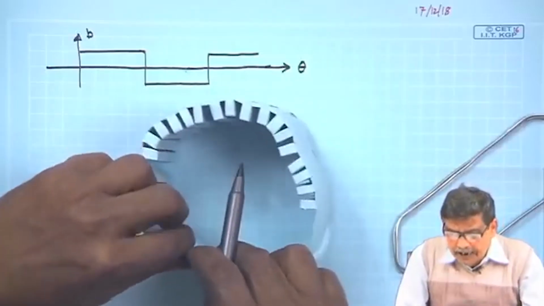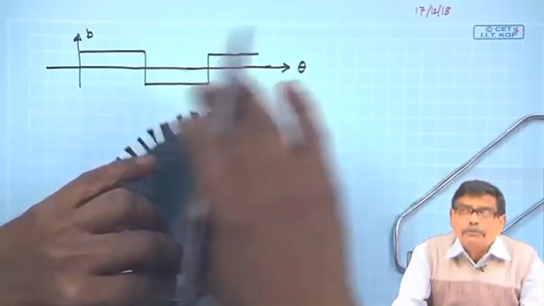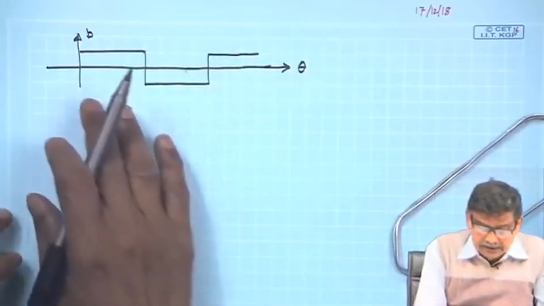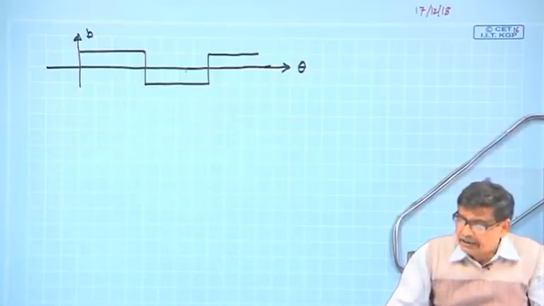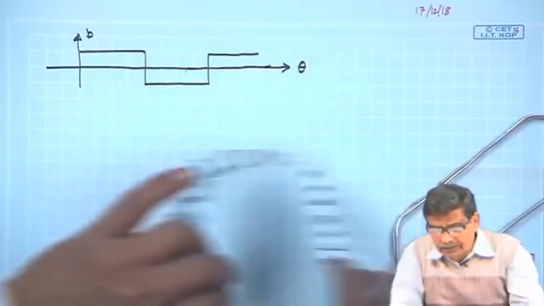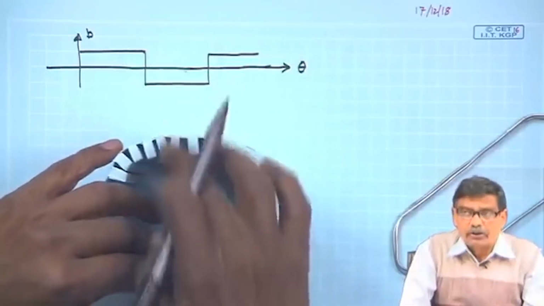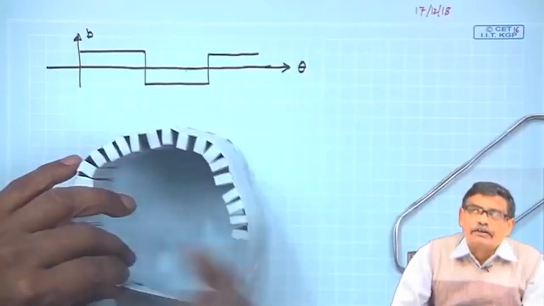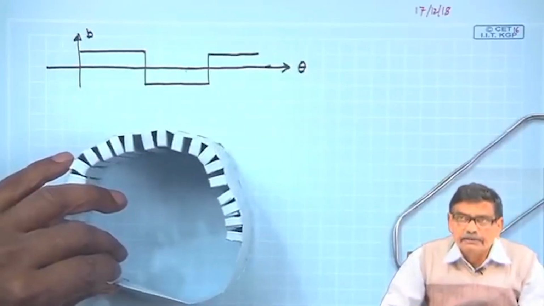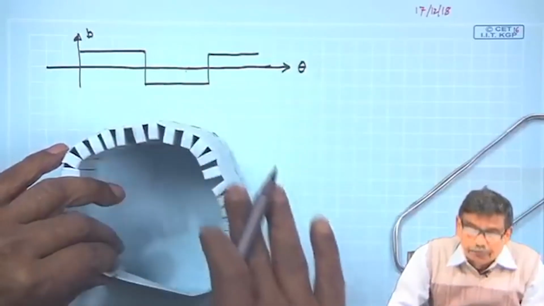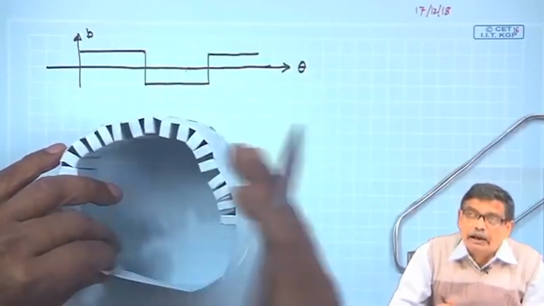So, it may look like there will be several coils. Why there will be several coils? Because I showed that if you are using a single coil, first of all, single coil means you require only 2 slots. Then the rest of the space of the iron will be underutilized, that is one thing. It is better to try to utilize this space, increase the number of coils,